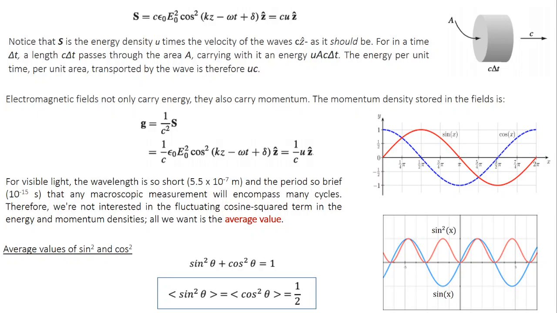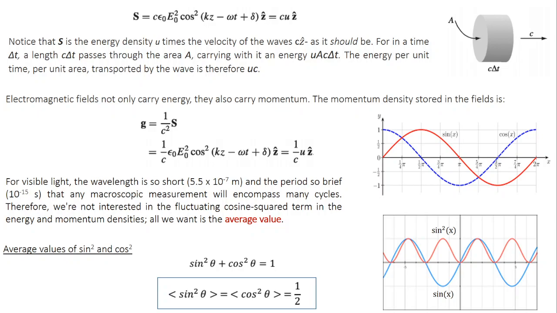Remember one thing, we are talking about electromagnetic radiation. Specifically, if you look at the visible spectrum, the wavelength is so short, it ranges from 400 nanometer to 700 nanometer. If you take the mean value, it's around 550 nanometer, 5.5 times 10 to the power minus 7 meter. And the frequency ranges from 4 to 7 times 10 to the power 14 hertz. So correspondingly, the time period, which is 1 over frequency, is of the order of 10 to the power minus 15 seconds. So the time period is very, very short.